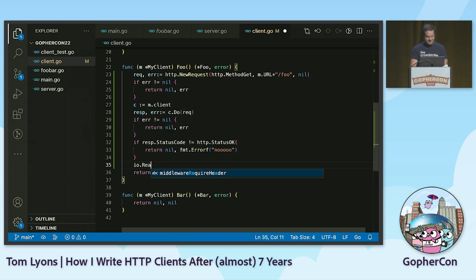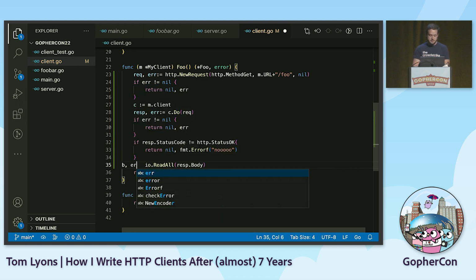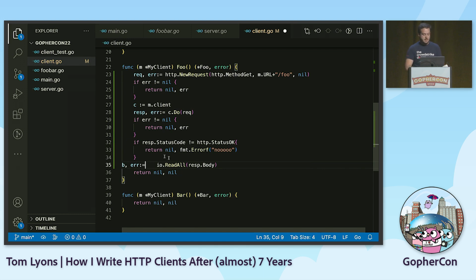io.ReadAll, and we can read the response body. The reason I do this is basically if I want to return an error, like if you're expecting JSON and it gives you back the 404 status or something like that, it'll give that in plain text, not JSON. And the JSON encoder won't really reveal what the real error was. But if we first read it off into a buffer or into a byte slice, then we can use it a little later on